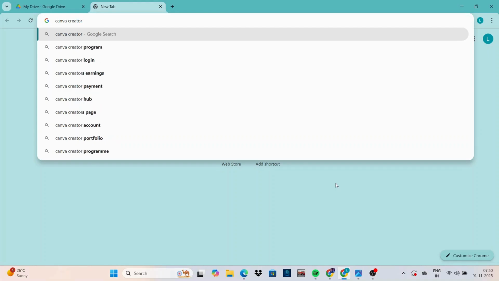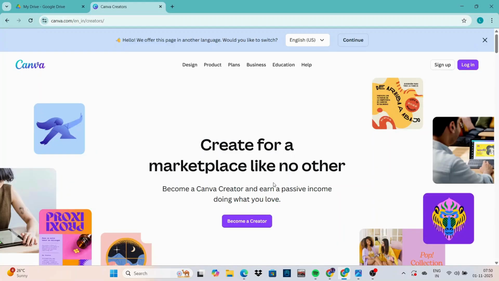First, open your browser and go to Google. In the search bar, type Canva Creator and press Enter. From the results, click on the official Canva website, canva.com, and once the page opens, click on Log in